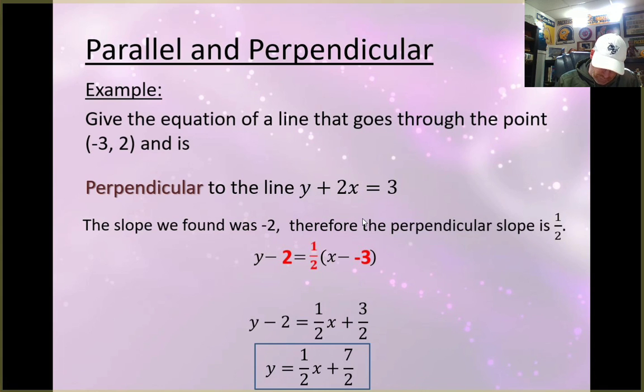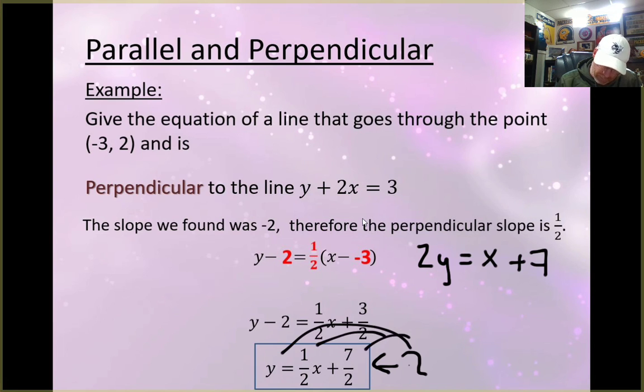So the easiest way to get rid of the fractions on this is to multiply everything by 2. So I have 2y equals x plus 7, right, when I multiply by 2. Bring the x over, -x plus 2y equals 7. That would be the